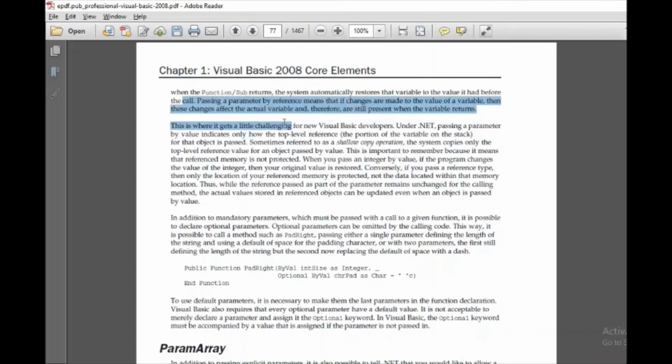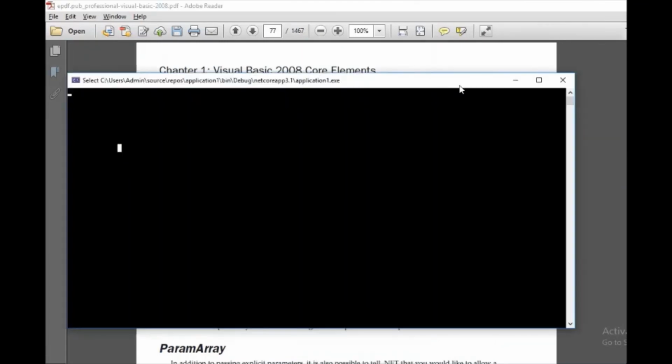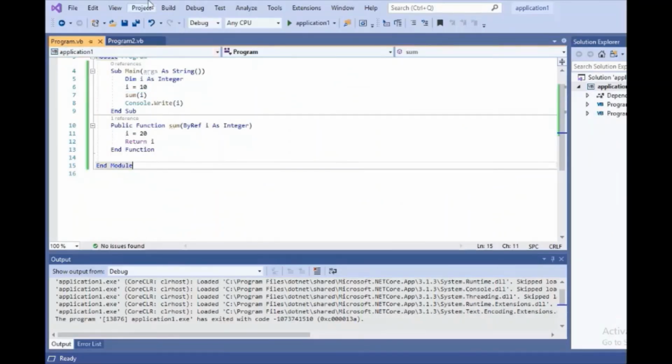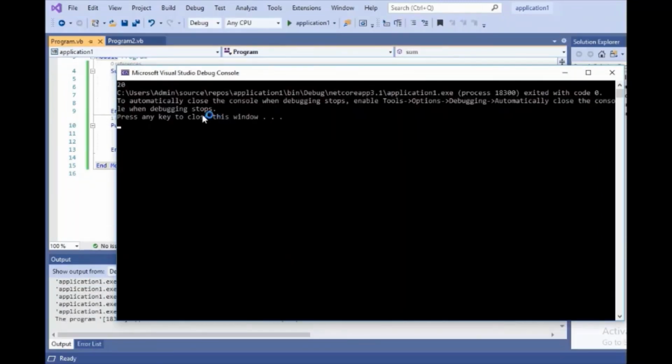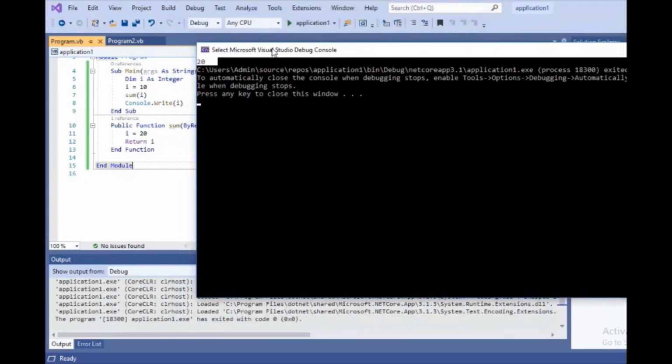Here in this function also you can see the values are passed by value or by reference. Let's run it again. Okay, so here is the output, 20. It was taking a bit of time, maybe because I have opened a lot of applications.